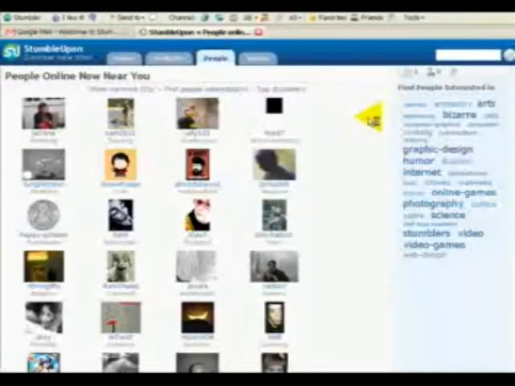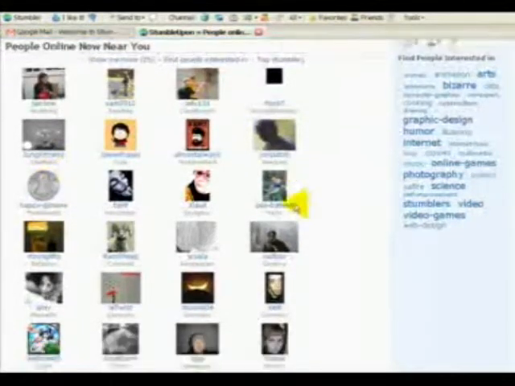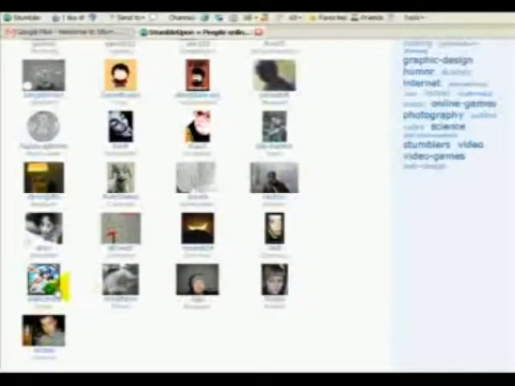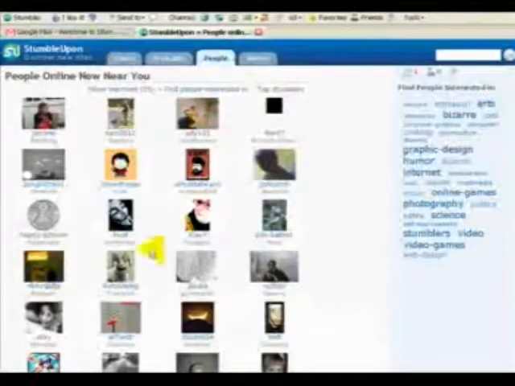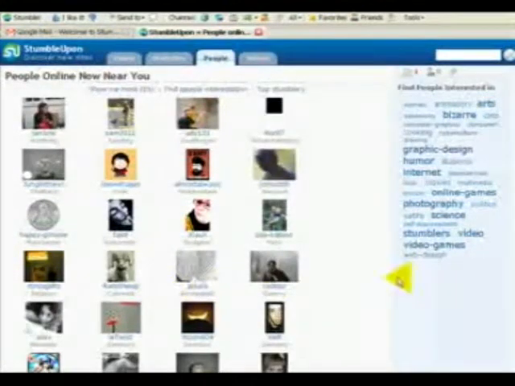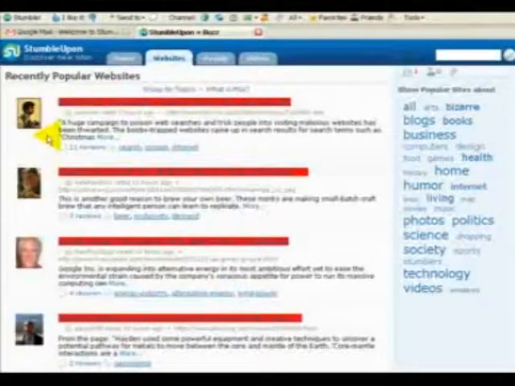The other cool feature here to Stumbleupon is if you click the People tab, it's looking whereabouts you are in the world. As I put, I'm in the UK. It's then starting to suggest other people that are online that are nearby, and if I wanted to start trying to network with some of these people, I might be able to go and look at their profile and contact them, etc. If I go to websites, then it gives me a different choice of recently popular websites. So we might decide to go look at, for example, the BBC site that's had 11 views. We click that